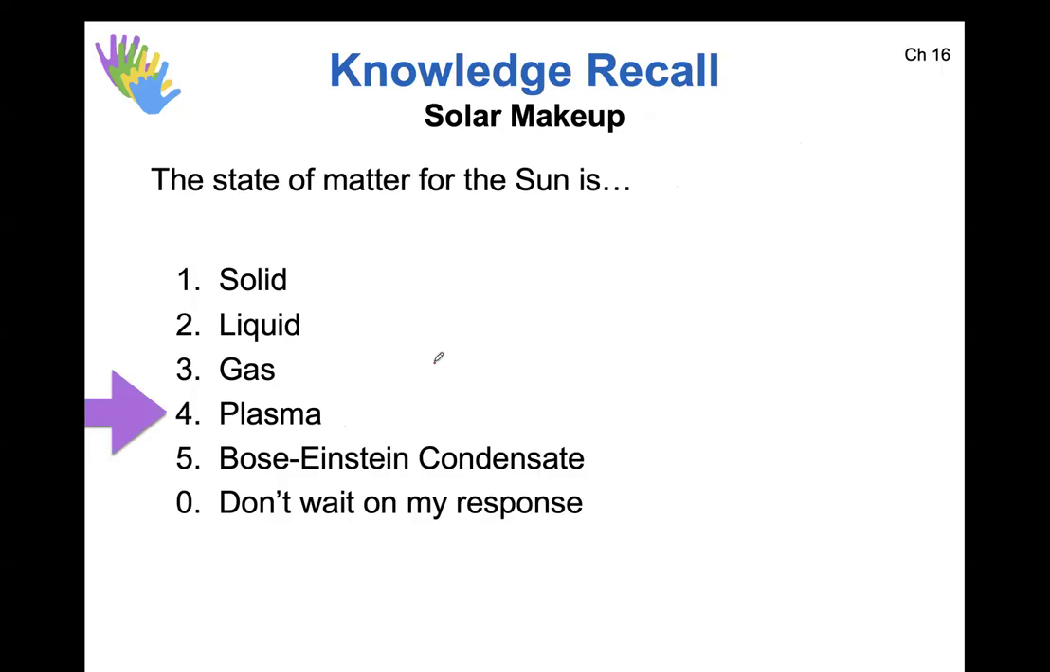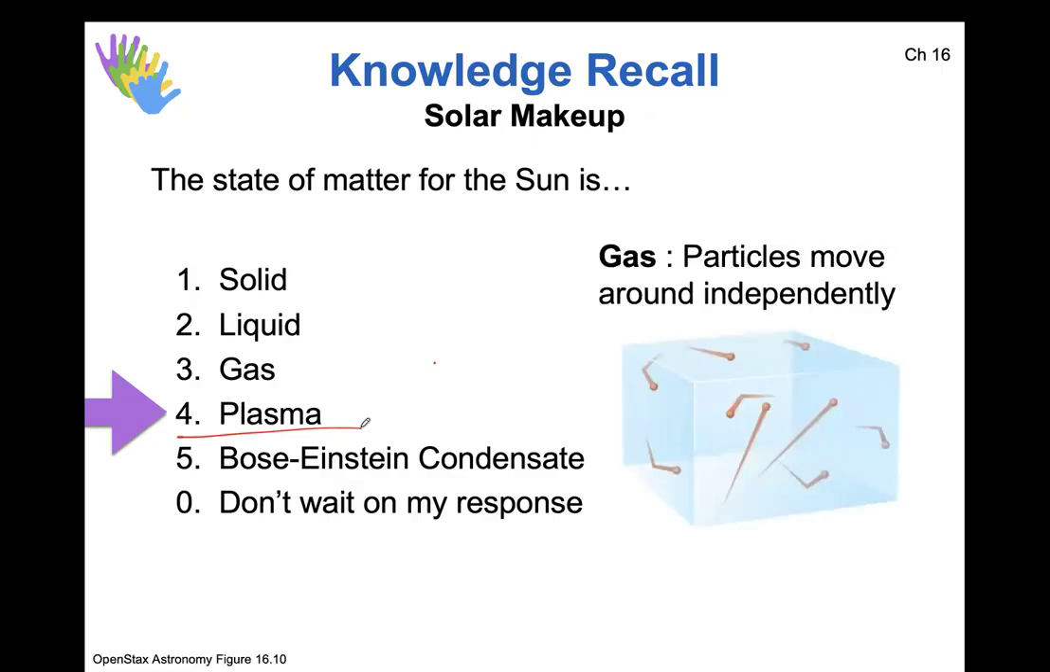At least within reason. So it's a plasma. The state of matter in the sun is a plasma. And so real fast, what is a plasma? It's just another state of matter. It's by far most similar to a gas. So, you got